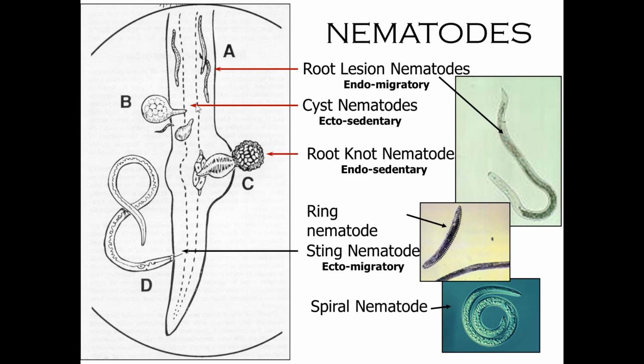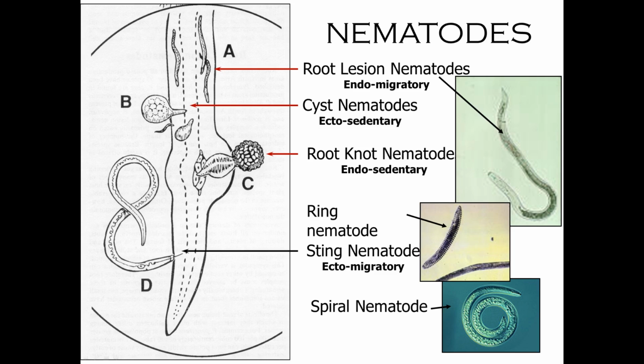Things like soybean cyst nematode fall into this group. And the ectosedentary, once the female forms a feeding cell on the root system, with her head penetrating the root tip, her body will remain on the outside of that root system for the remainder of her life cycle, and she stays in that one spot. So the sedentary means that they will not move any further after they establish that feeding